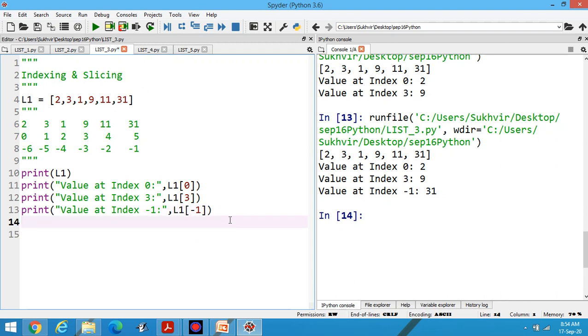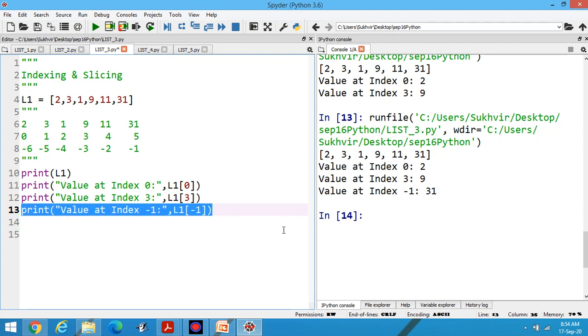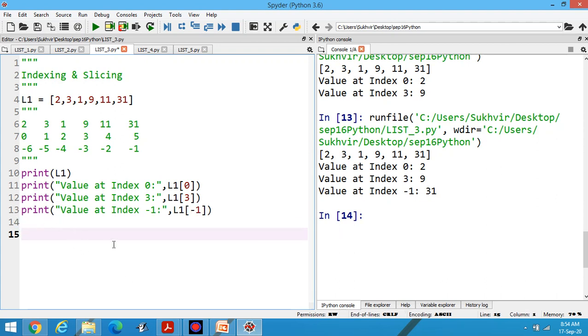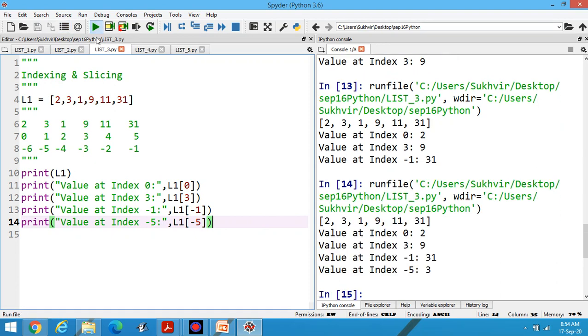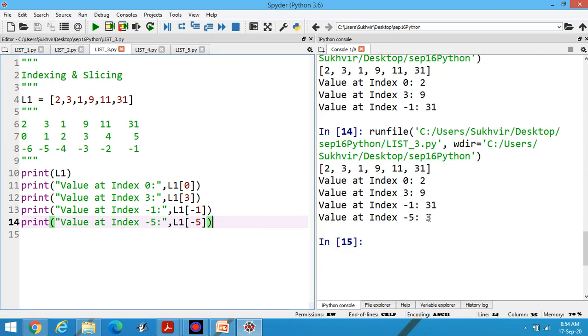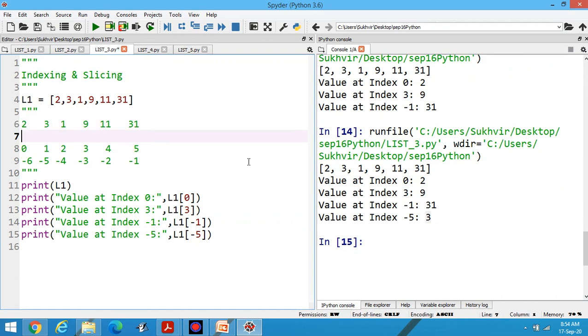Similarly, you can print the other values. Copy this one and paste here. If I am writing -5, you can print the value at index -5, that is 3. These are the values. You can print these values.